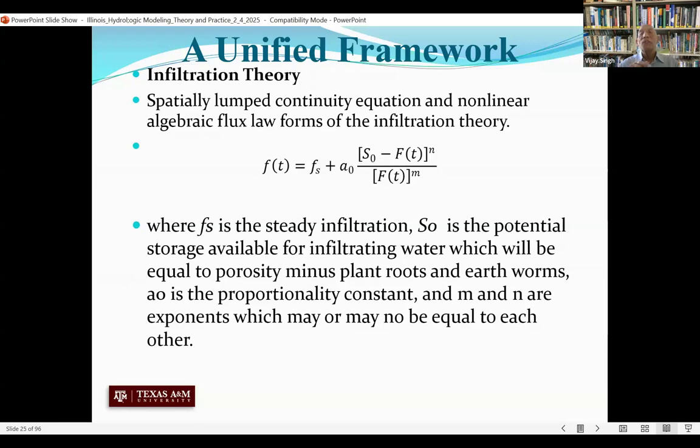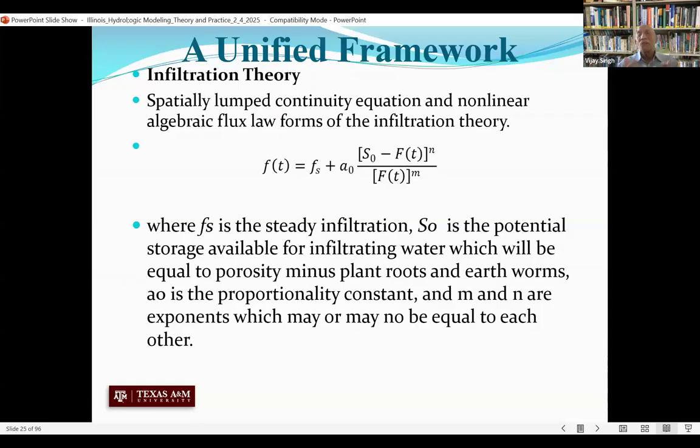So you can see Ft minus F is directly proportional to S0 minus Ft raised to the power n over Ft. Now you can see that this has a physical meaning because you are saying that the infiltration rate is directly proportional to whatever space is available. If there is more space available, you will have higher infiltration, and